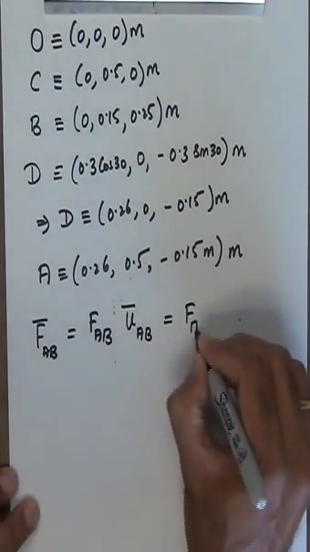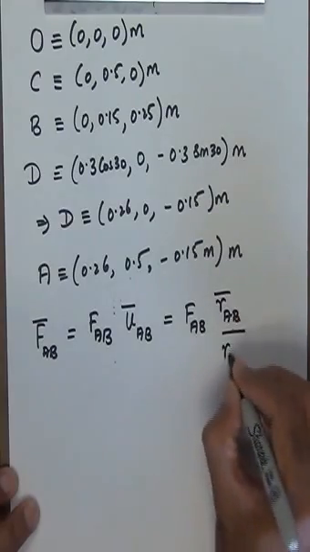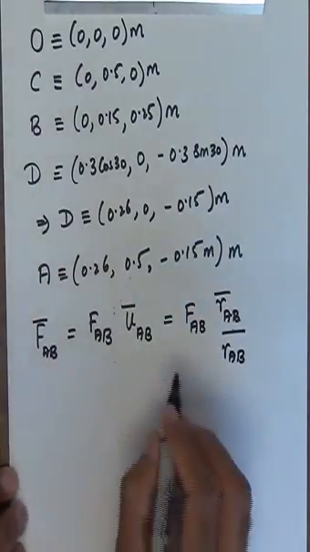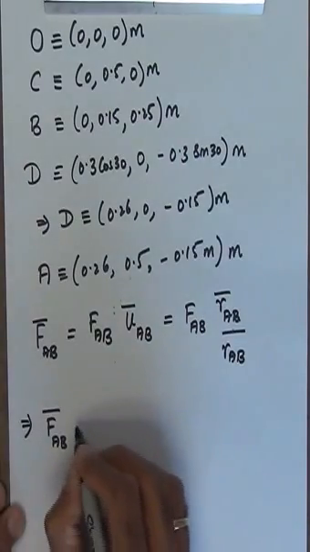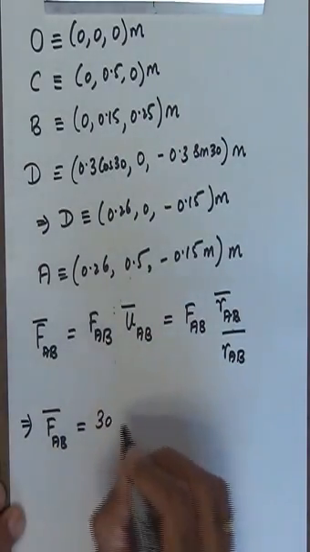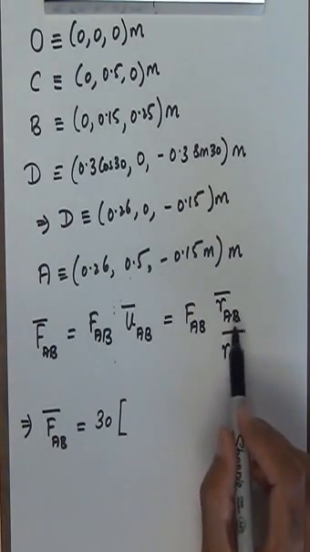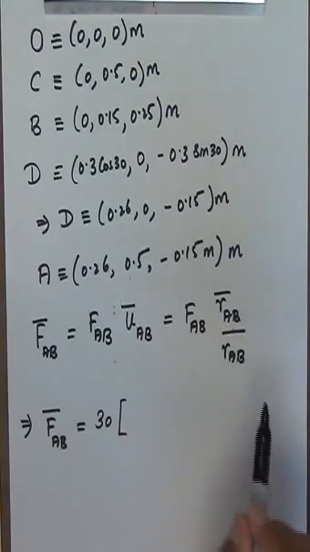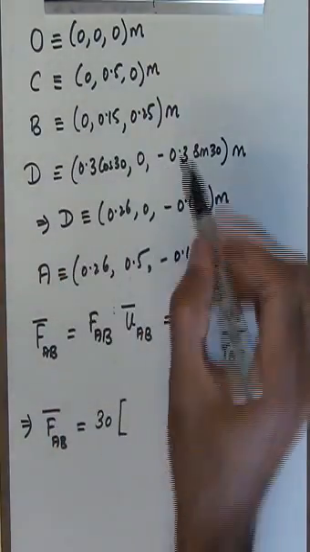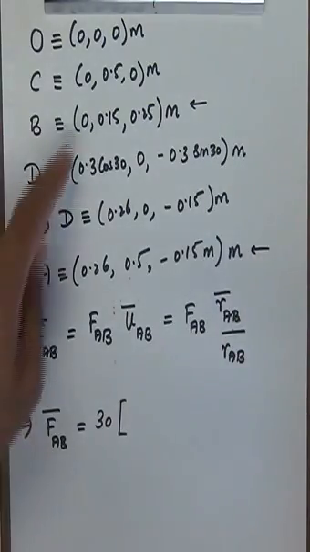Unit vector is nothing but the ratio of the position vector to its magnitude. And so if I write out this force, FAB is going to be the magnitude, which was 30 newtons, times the position vector from point A to point B, the coordinates of the last point minus the coordinates of the first point. So coordinates of B, which is right there, and coordinates of A, so coordinates of B minus A,